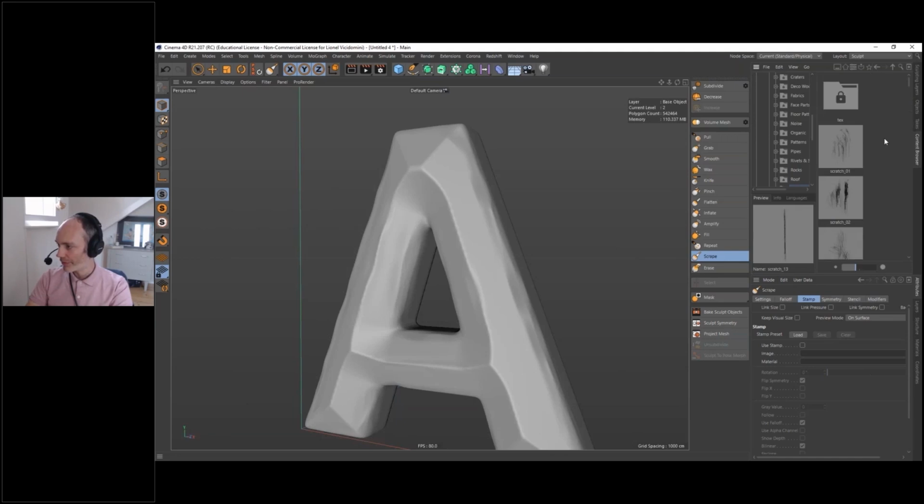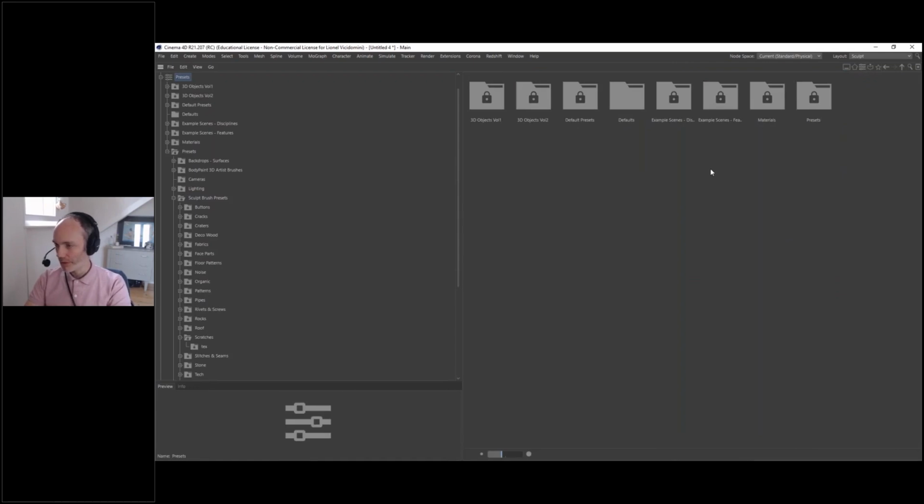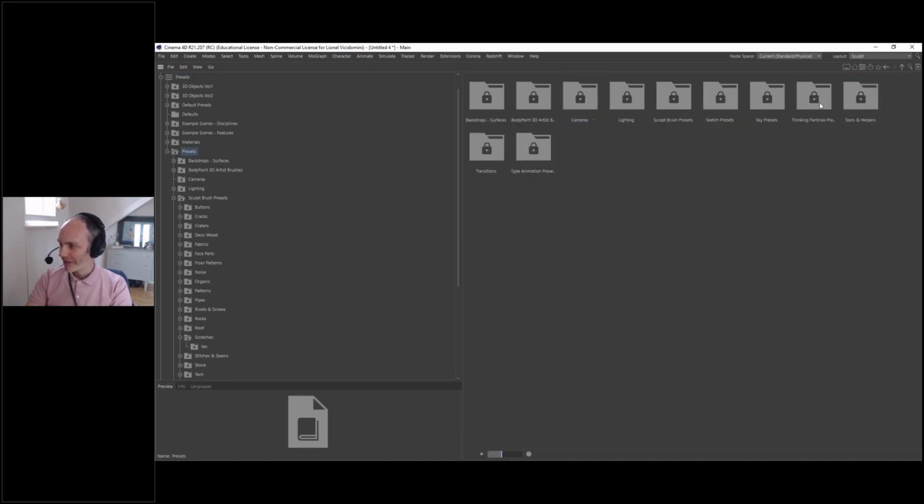That's another great thing with Cinema 4D, the content browser, which has a lot of presets, scenes, features, and so on. So this is in R21. There was a big cleanup in R21. Now it's presented like that. It's not architectural, visualize, broadcast like it used to be. It's organized in proper folders. And here I'm looking at the presets. Okay, not these presets, those presets. And here I have all the general presets of the application and of the software. And here we have the sculpt brush presets.